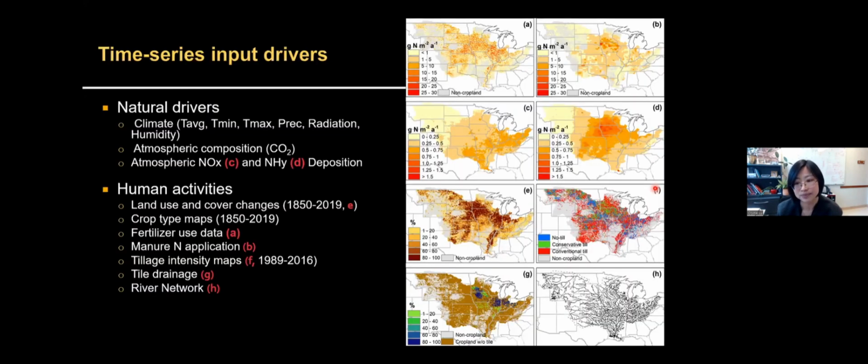There is a good deal of preparation work before running a model. We need to develop a series of input data to characterize how the natural environmental drivers and human activity could have changed across the study region and over time. For instance, what I'm showing here are a few examples we prepared for the Mississippi River Basin simulations. They include the daily climate conditions, historical atmospheric composition, and how humans use and manage land, water, and nutrient resources.